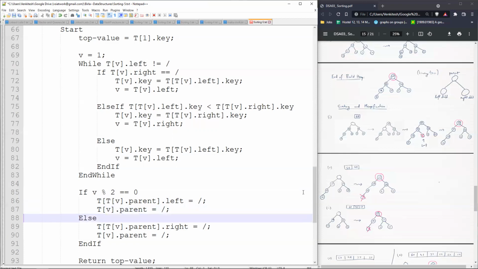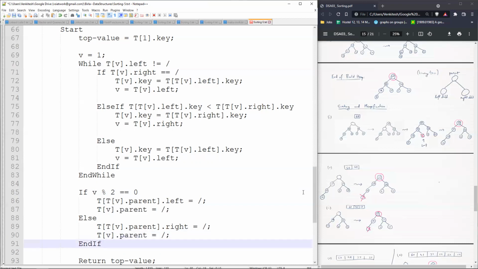Else if V is odd, then it's a right child. So we do the same to the right pointer, not to the left pointer. So we go to TV dot parent, T of TV dot parent dot right. Its right pointer becomes empty, and then we make the parent pointer empty. So the right child pointer and the parent pointer are now both gone. Both the edges are gone. This vertex is now disconnected.